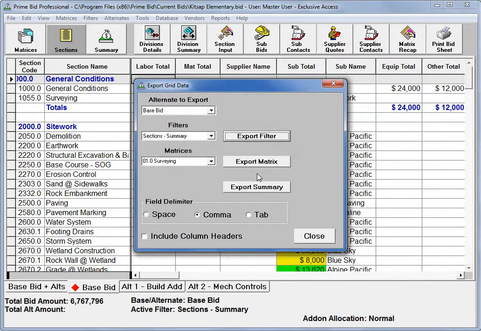The file will be set up with a field delimiter, either a space, comma for CSV, or tab for a text file, and we have the option to include column headers. This means that the layout for the filter, including the row and columnar format, is maintained into the text or